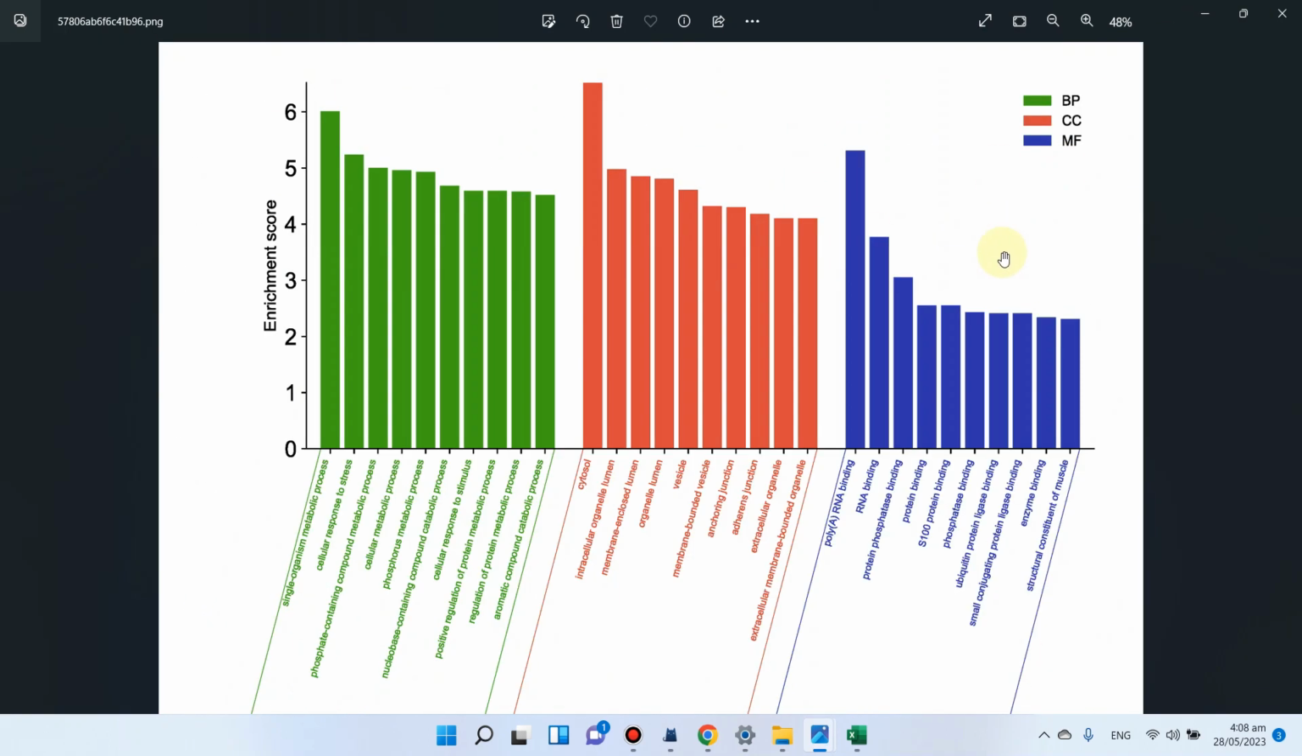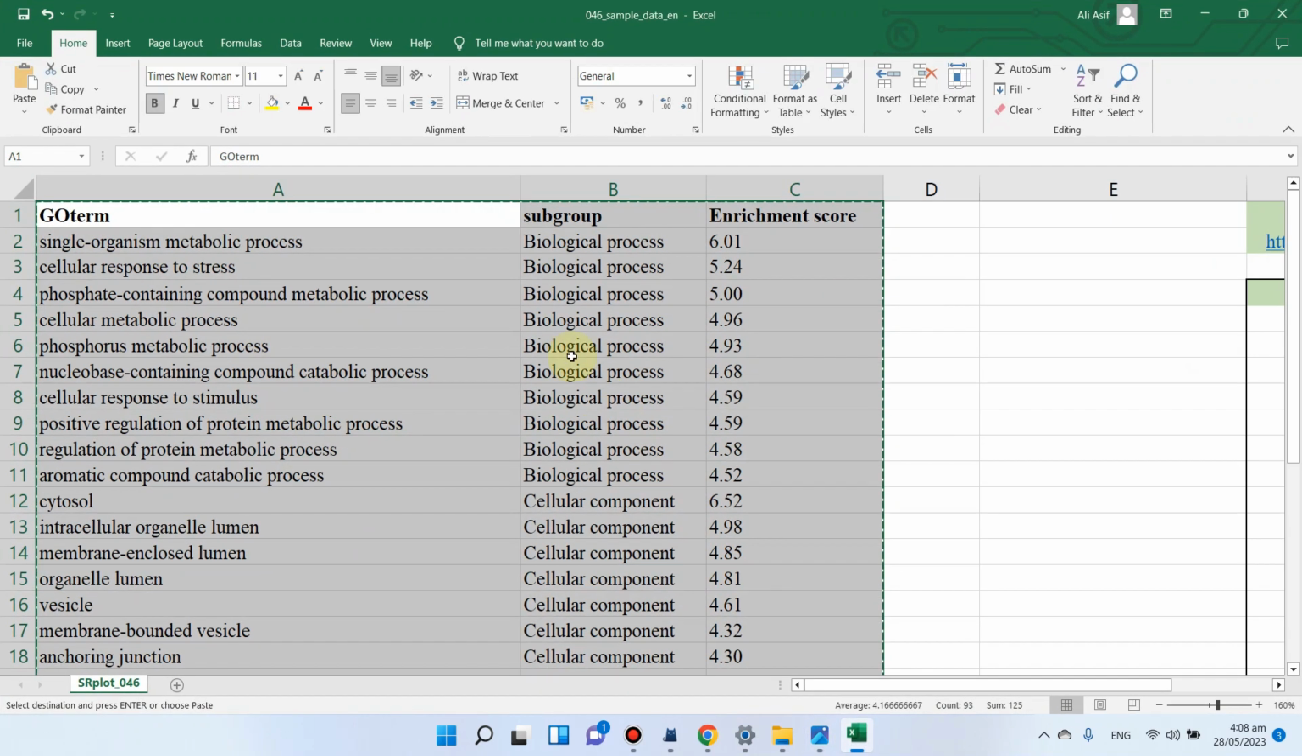So in this way you can also design your own file, and just by copying and pasting your GO terms and their subgroups with their enrichment score or FDR value, you can design your own GO terms plot